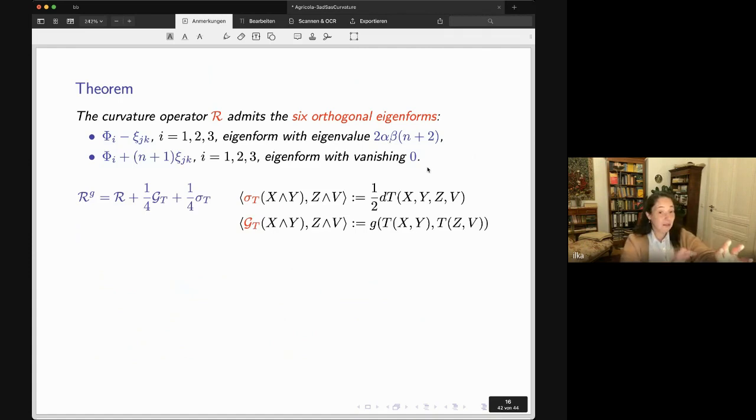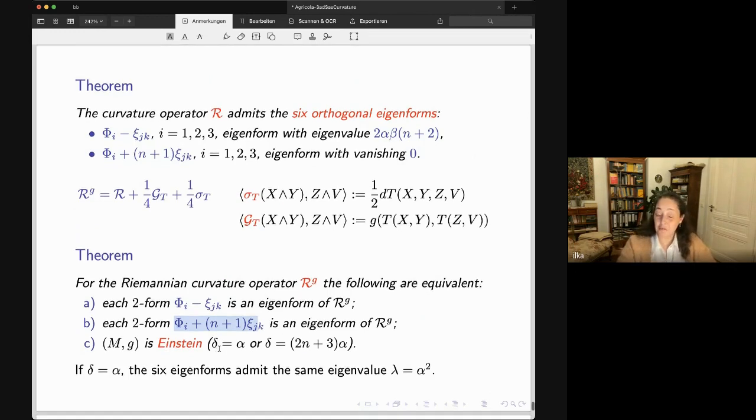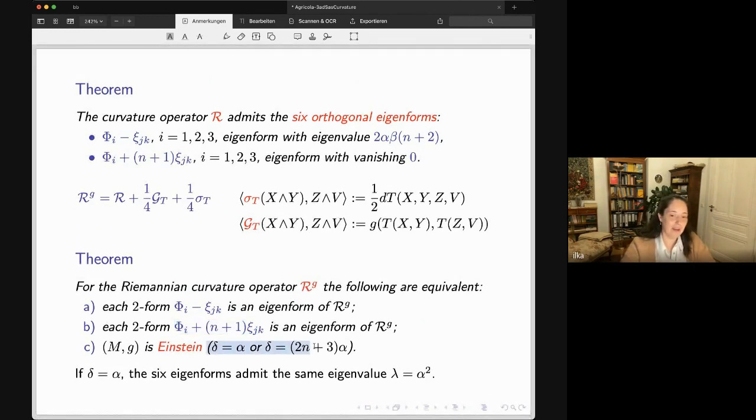And then we split the curvature in these terms and build up everything, and if you find enough eigenforms, then you're happy, right? One nice outcome is, for example, a theorem like that. For the Riemannian curvature operator RG, the following conditions are equivalent. These 2 forms are eigenforms, or each of these 2 forms is an eigenform, or the manifold is Einstein. And the condition of being Einstein is again something we can very easily describe. The 2 Einstein metrics correspond either to